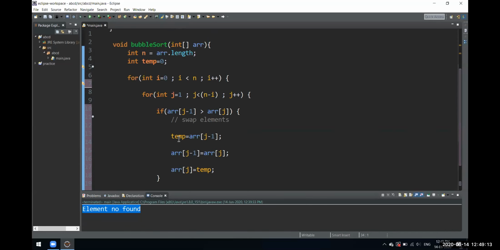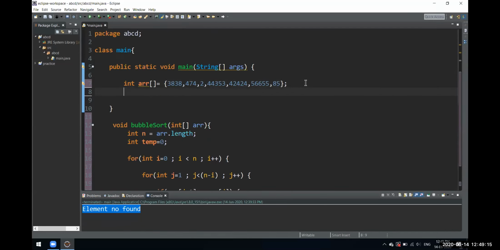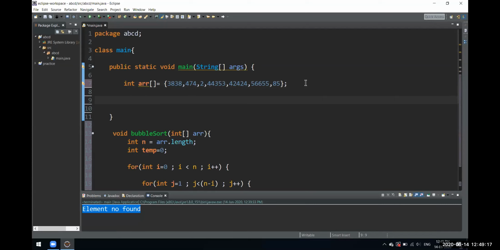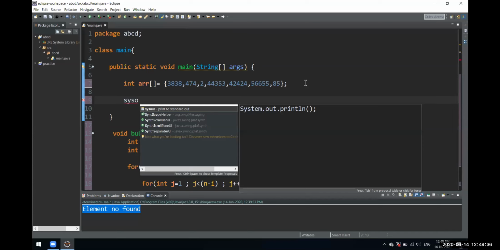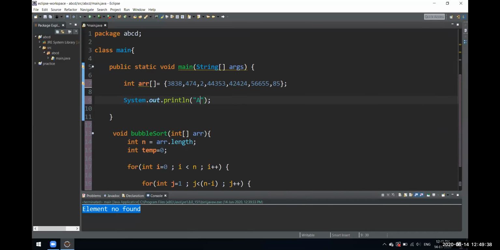Let's try running this function that we wrote. First, let's print the array before sorting. We'll do System.out. Array before sorting.